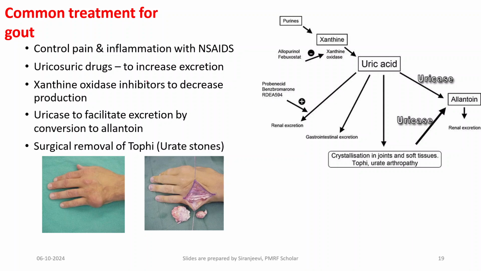And then sometimes people usually give xanthine oxidase inhibitors to reduce the production of uric acid, and to facilitate the excretion by the conversion to allantoin. And finally, people usually do the surgical removal of the tophi, that is a urate stone. So this, you can see people have removed it using the surgical